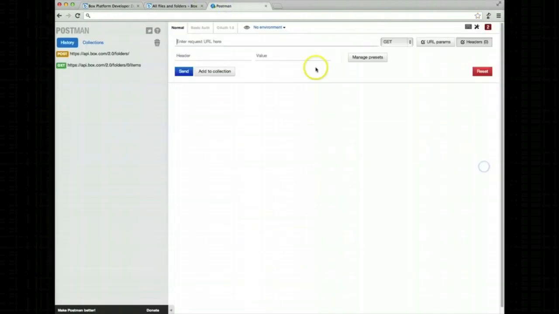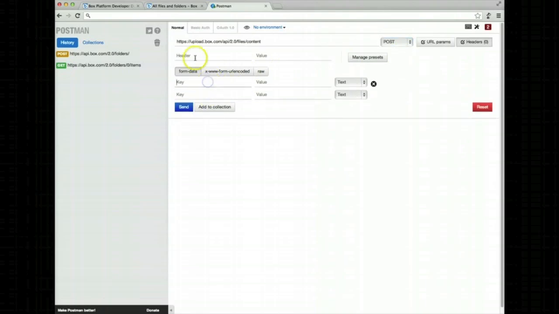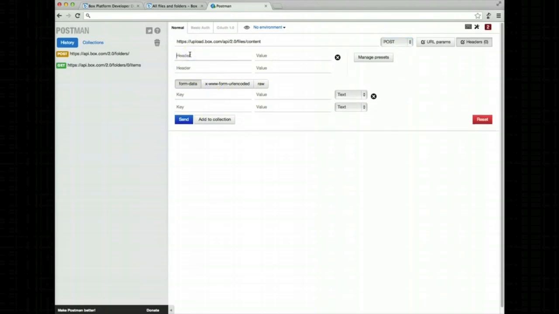So if we click back to Postman, what we can do is reset, and we're going to create a POST request to upload.box.com/api/2.0/files/content. Click post here, and we need to add the header again. So we add Authorization, Bearer,